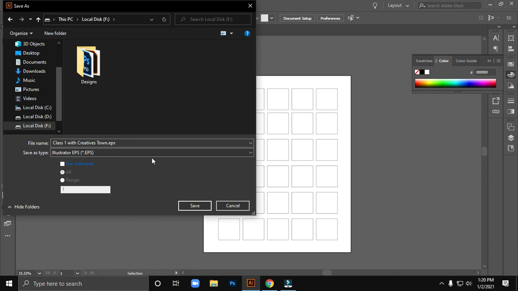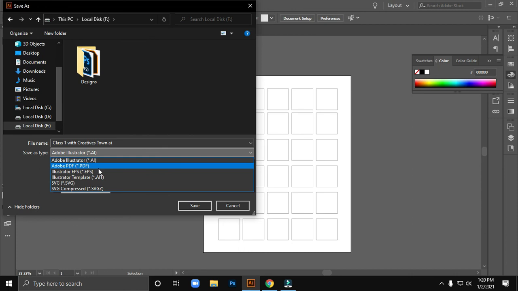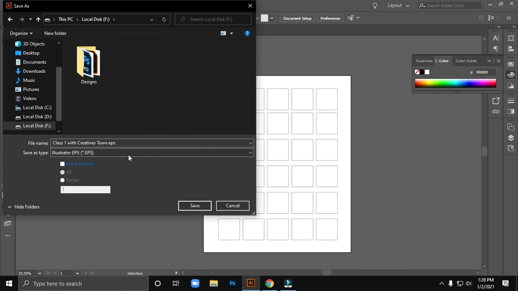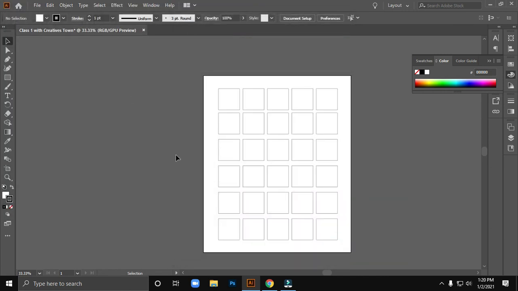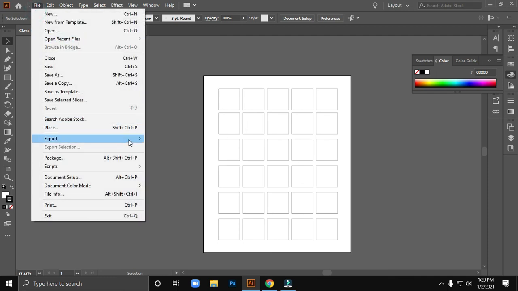But if you save it in Adobe Illustrator format and the 2014 user opens it, it will blank some objects or it will destroy some objects. So if you are sharing your Adobe Illustrator file, then it is far safer to save it as EPS format. Now I'm saving it as Adobe Illustrator format and saving it. Okay, done. There is the OK button. I have already saved it. I'm not saving it again.